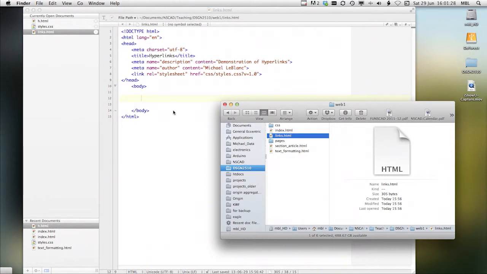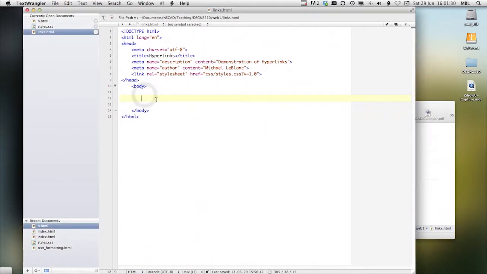So the first one is just a standard link, and it uses what is known as an anchor tag, and the anchor tag is really this. If you have a link, you actually have to add an attribute to this, and for the sake of linking to a page which is on the same site at the same level,